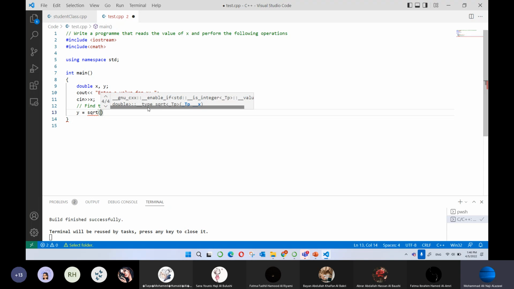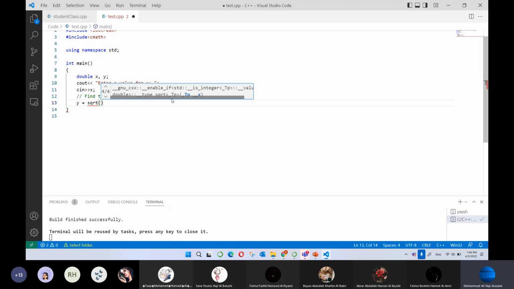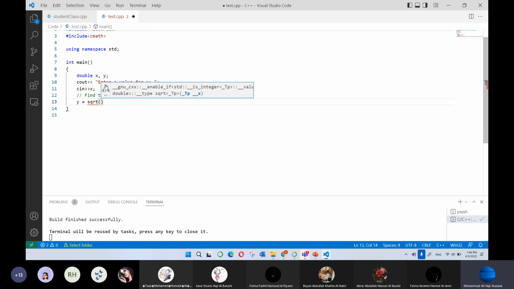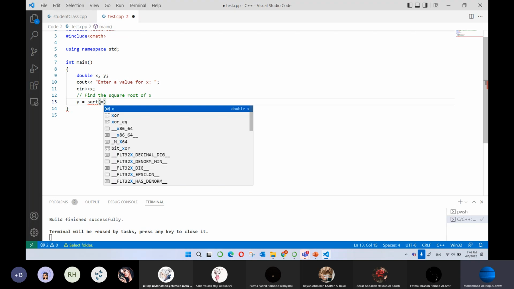So it might take double, long or float. Since I declared them as double,